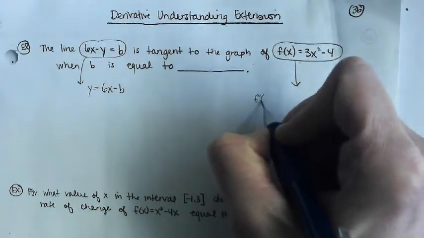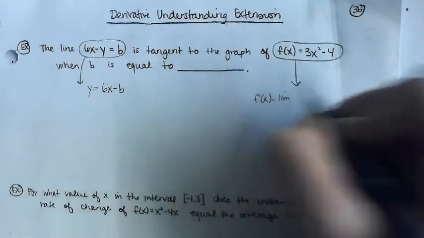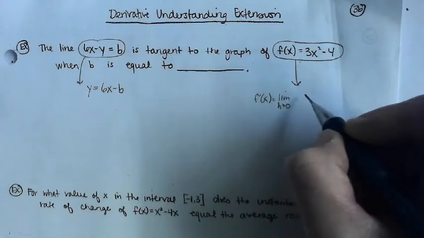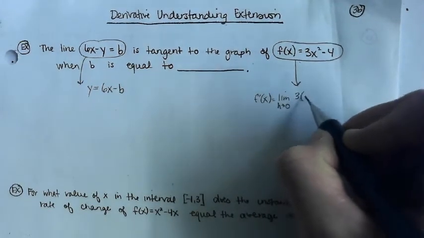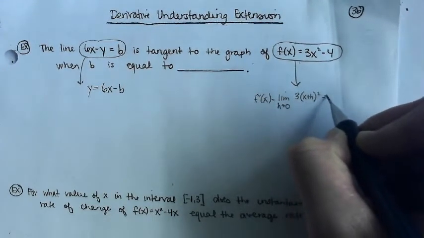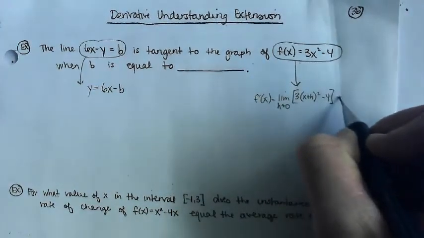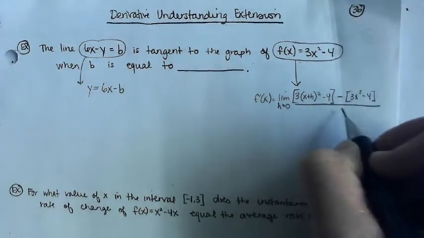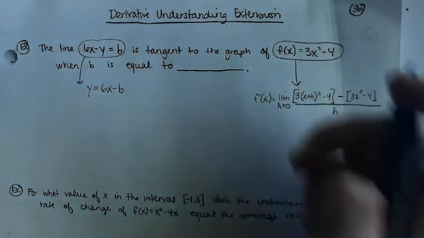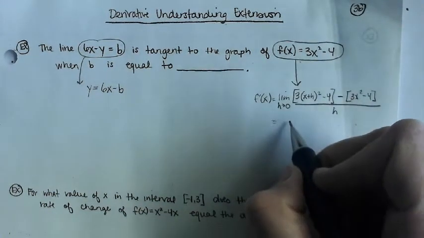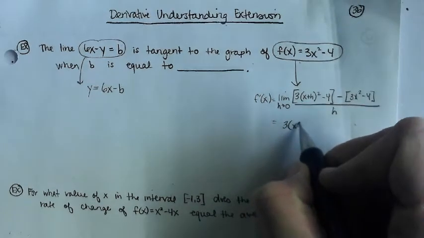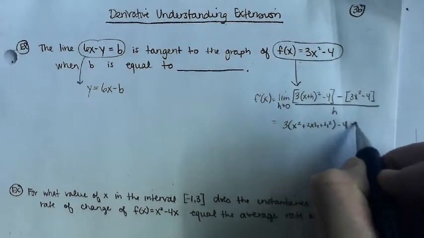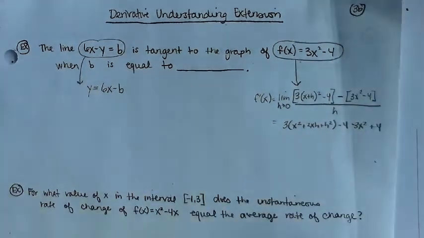So f prime of x is going to equal the limit as h approaches 0 of f of x plus h minus f of x, all over h, which will be 3 times x squared plus 2xh plus h squared minus 4 minus 3x squared plus 4